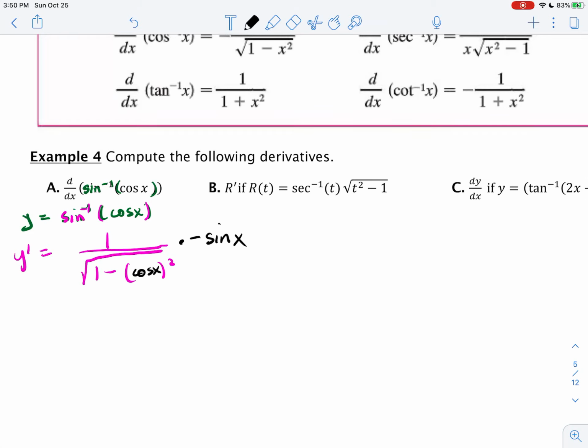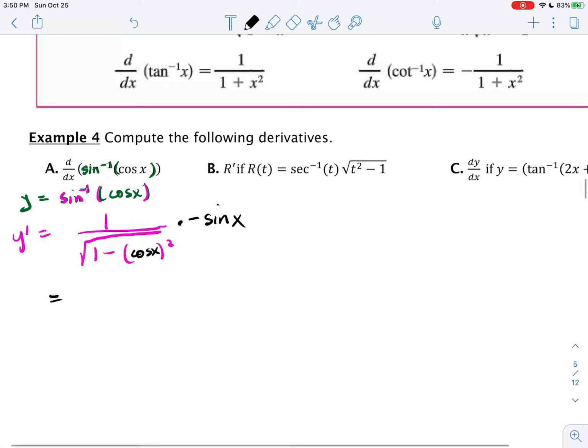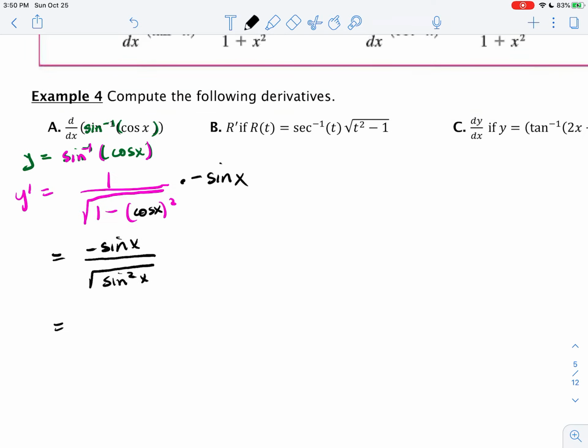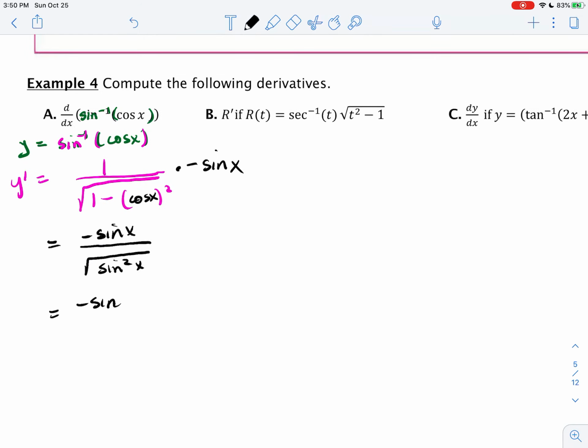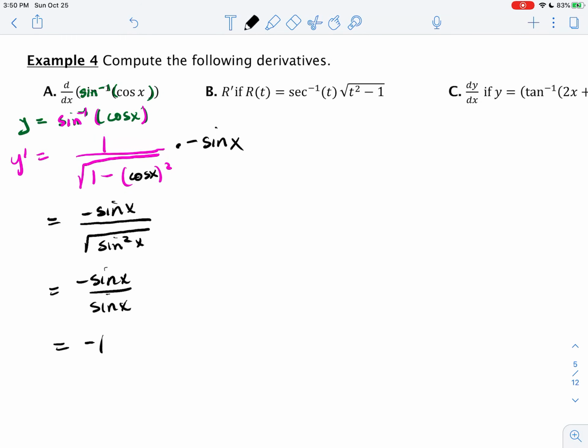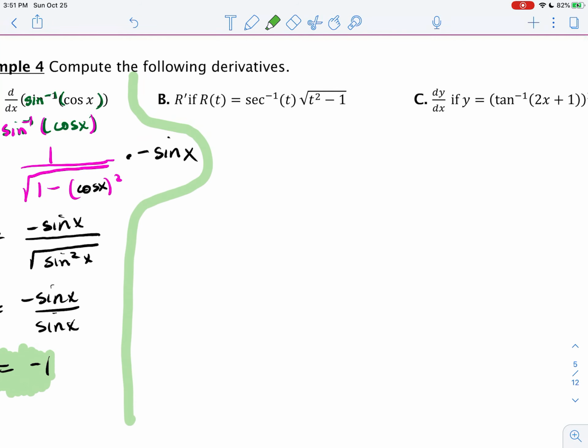And now it's just a matter of simplifying that expression, and I know that 1 minus cosine squared does give me sine squared. So this is going to equal minus sine x over the square root of 1 minus cosine squared, which is sine squared, and the square root of sine squared is just going to be sine. And what do you know? This answer ends up being negative 1. Okay. Now I can do B